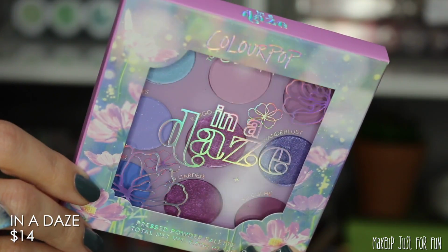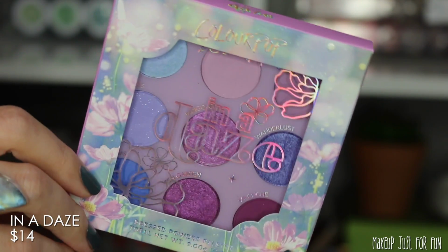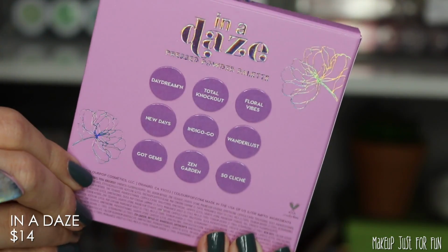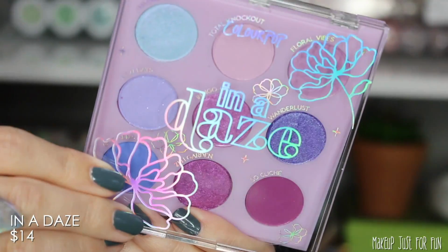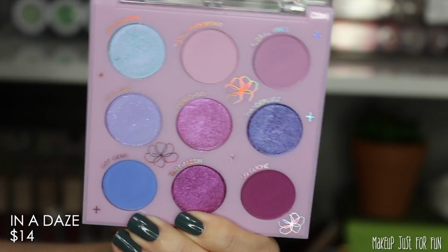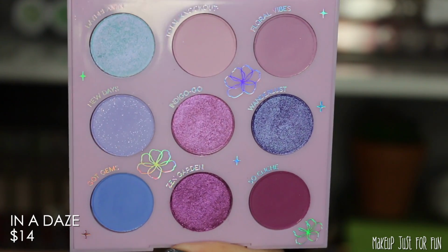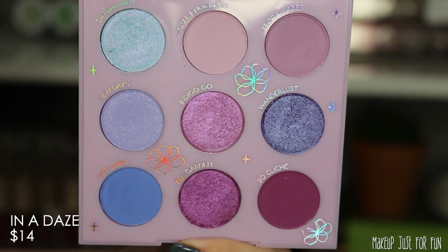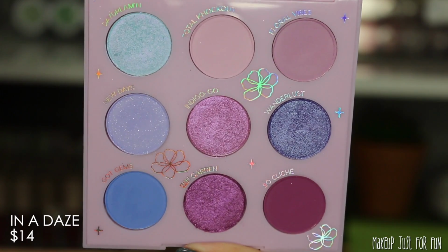Let's go to In a Daze. I think that the purple and green ones are more interesting. They're just bringing more to the table color story wise. I do think that the peachy, little warm, neutral type of palette is really popular. I think a lot of people are comfortable with those colors. So, I'm not mad at them for continuing to create that color story because I think customers continue to buy it. But I do find this one to be more interesting, and I like the green one the best of all,